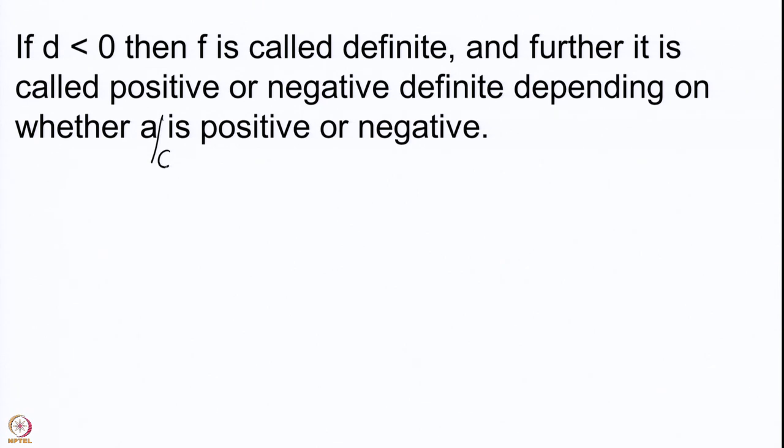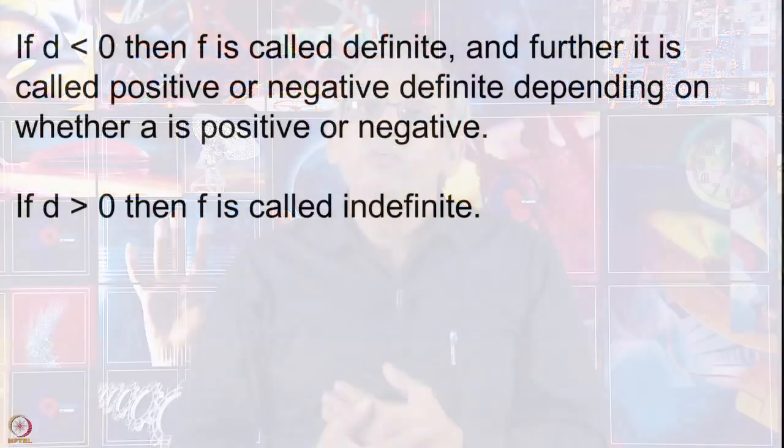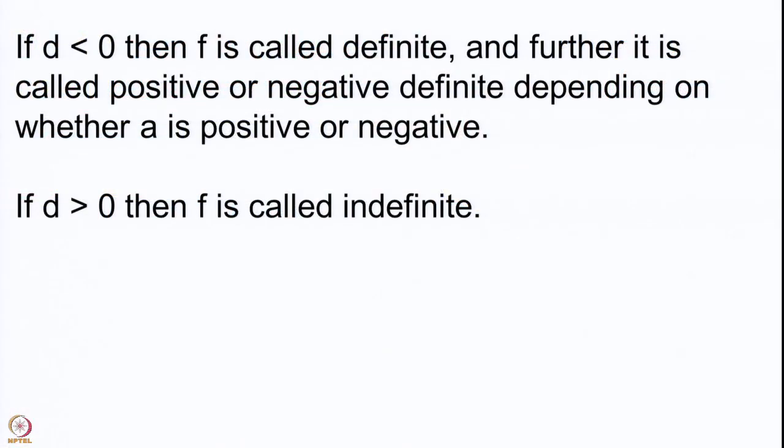You should also see this in the following way: whenever your form has negative discriminant, the values are going to be either all bigger than or equal to 0, or all less than or equal to 0. If you have only positive values, then the form is positive definite. If the values are negative, then we say that the form is negative definite. So, this behavior is quite well understood whenever D is negative. If D is positive, then we call the form indefinite, because both signs are possible.